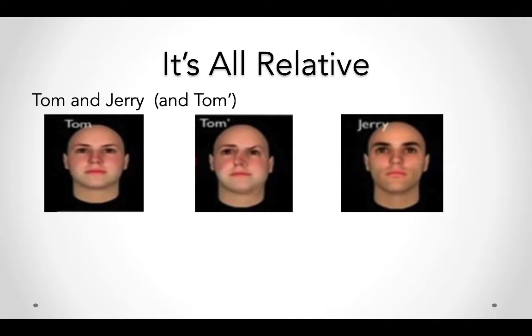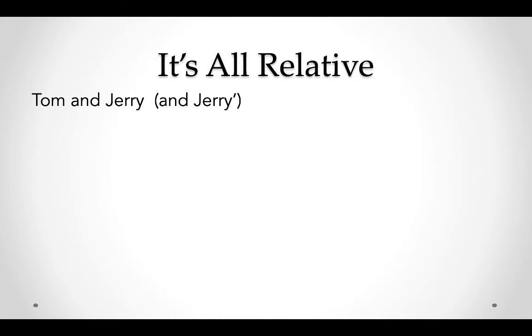Well, since you didn't know how to choose between Tom and Jerry by comparison, introducing the decoy effect, Tom Prime, helps. It's a given that you're not going to go with Tom Prime, but it helps you choose Tom. Does it make sense? Because I don't know how to choose between Tom and Jerry, introducing Tom Prime will help me choose Tom, because they're similar, but Tom is better than Tom Prime.